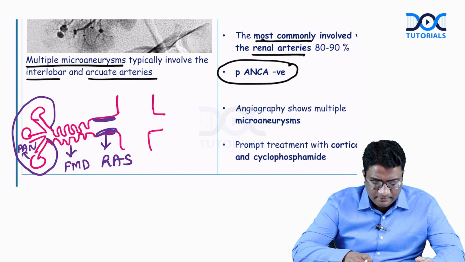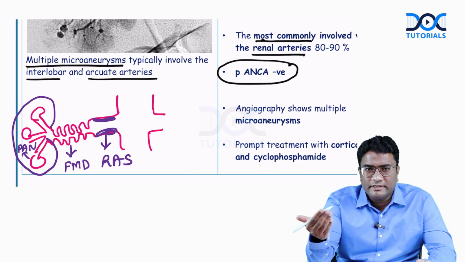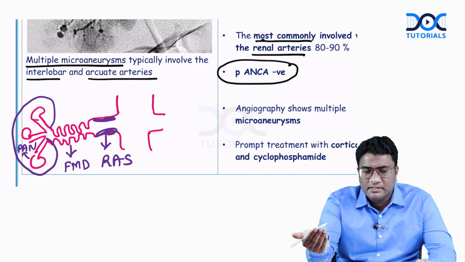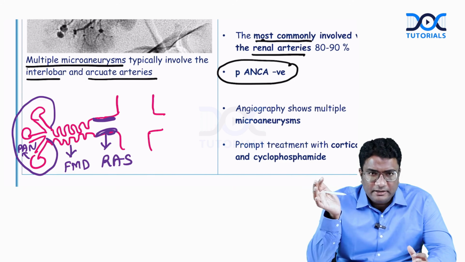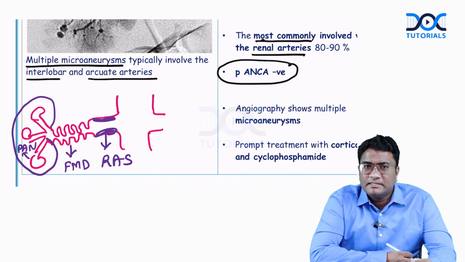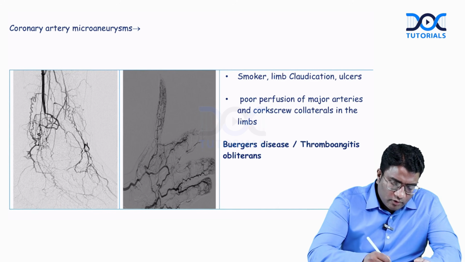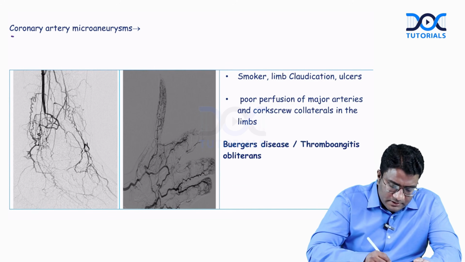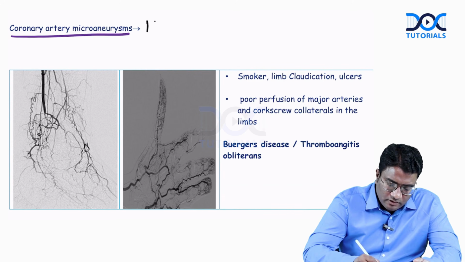So remember this diagram, so you'll remember these three conditions. Narrowing at the proximal portion of the renal artery, that is renal artery stenosis. Corkscrew or beaded or tortuous appearance of the renal artery is fibromuscular dysplasia. And if you see renal artery microaneurysms, that is polyarteritis nodosa. And can you tell me, where do we see the coronary artery microaneurysms? I hope you remember, coronary artery microaneurysms are a classic feature of Kawasaki's disease,